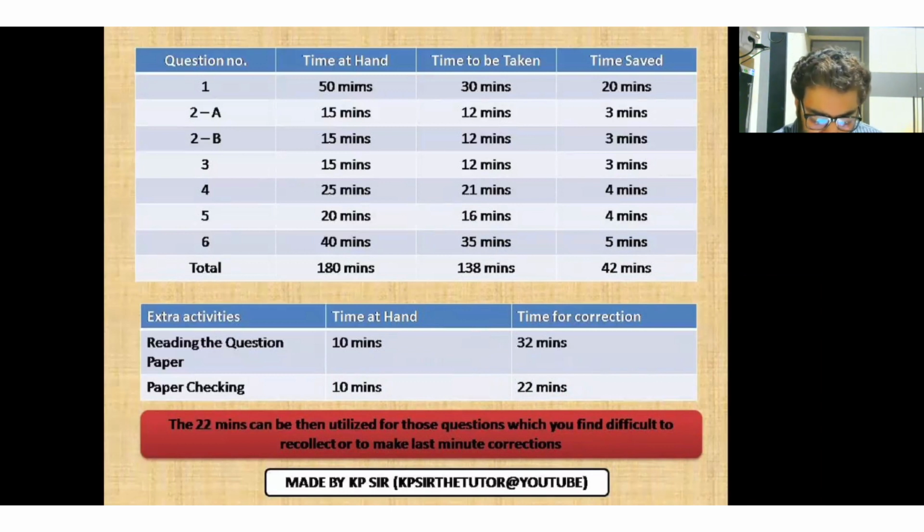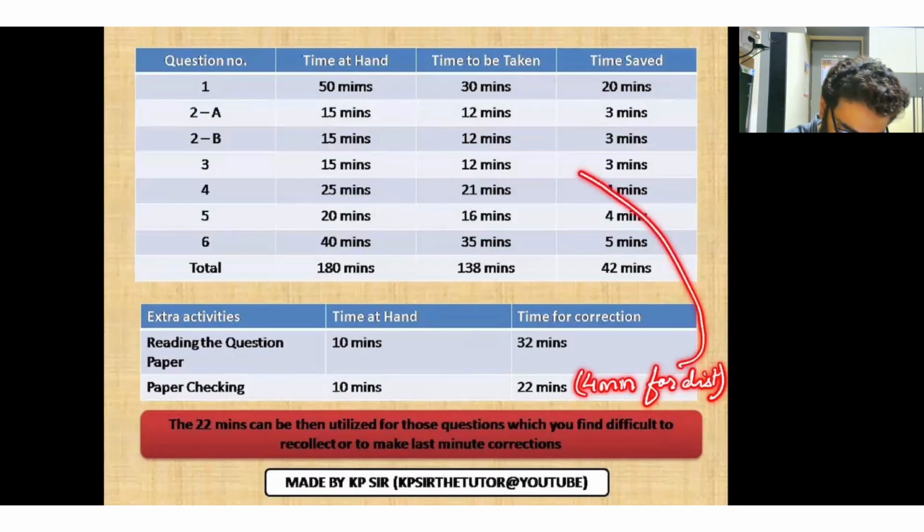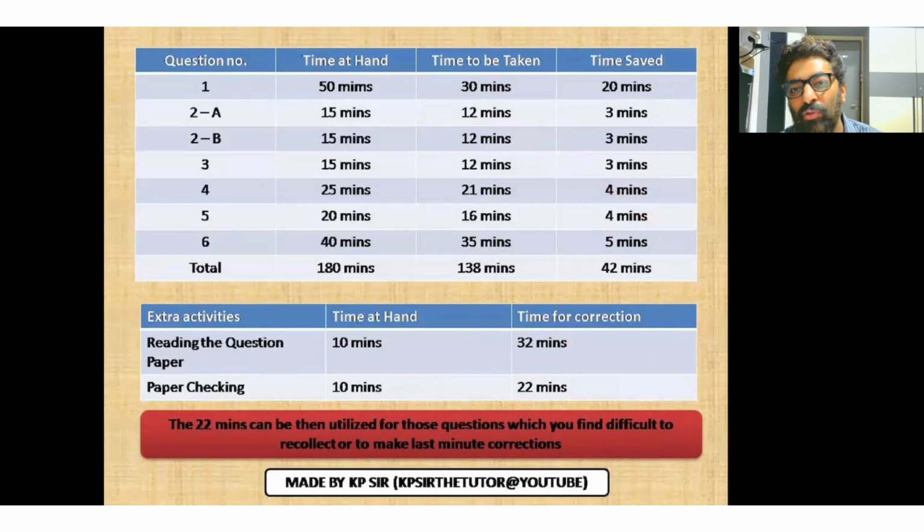Now I said there are 3 distinctions and you should finish up in 12 minutes. That means 4 minutes per distinction, but you get stuck in a distinction. So, okay, instead of 12 minutes, you took 16 minutes over here. Where does that extra 4 minutes come from? That extra 4 minutes was taken from here, 4 minutes for distinction. So these 4 minutes you can give to question 2B from this extra. That way you have to manage, and only proper time management will take you to that higher level.